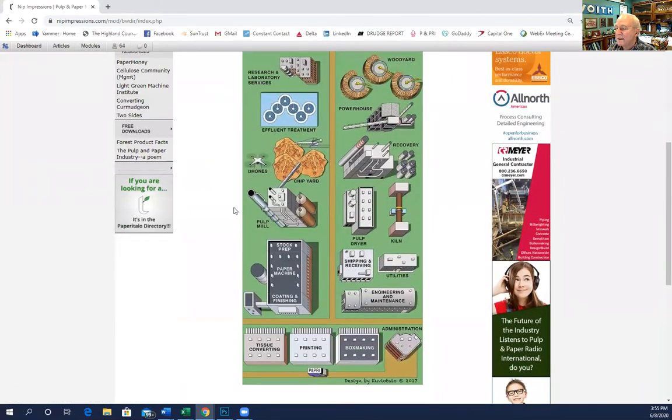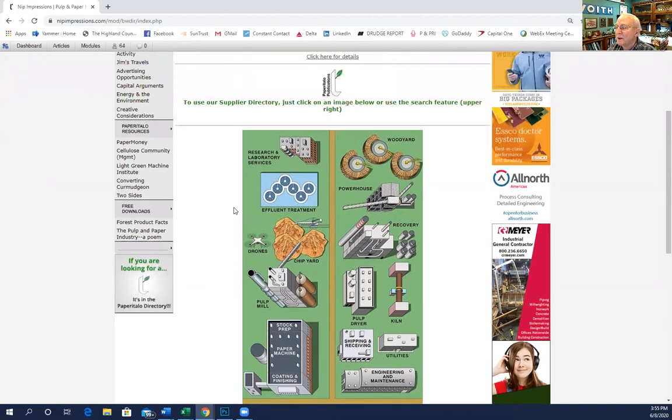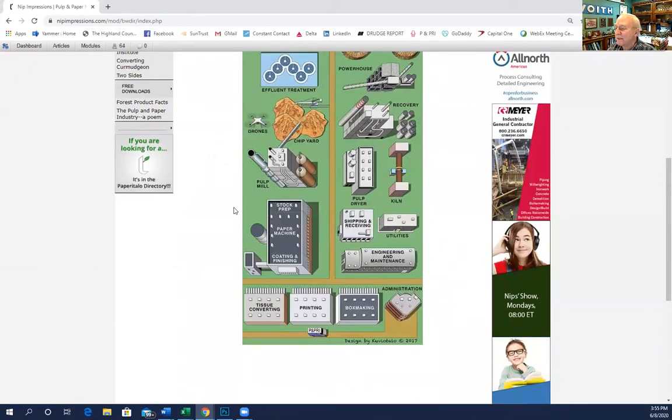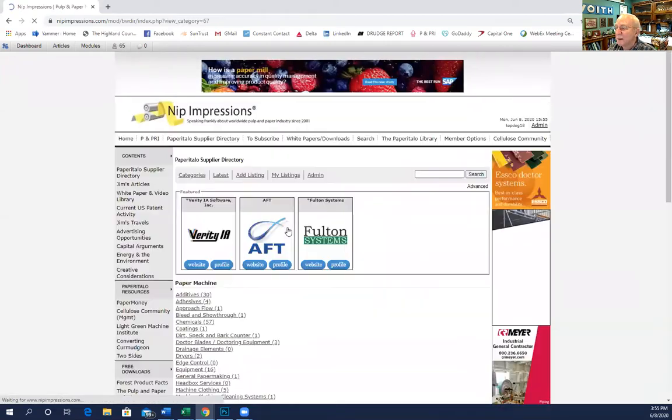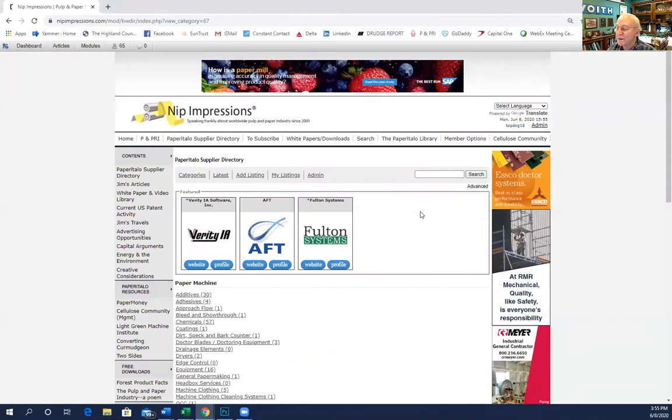Now, this is a GUI or graphical user interface, so you can go to any part of the departments of the facility from here. We're going to go to the paper machine, and we just click on paper machine, and there it is. It opens up, and we find on this page that there are 3 advertisers who have chosen